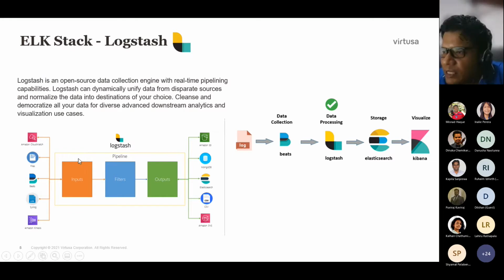And it has real-time capabilities, where when the log is being written into a particular file, it can read it and filter it. It can filter it in the sense that it is converting it into a readable format. That's what we mean by filtering. So converting into a readable format, and putting it as an output. In our case, it is put into the Elasticsearch. So the logs are getting stored in the Elasticsearch.